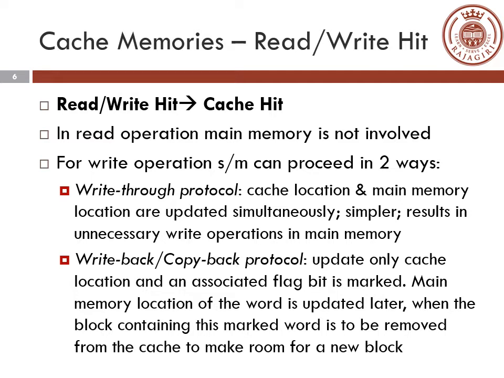Why? Because the content in the cache is a copy of the data in the main memory. So when you update the cache, the corresponding data in the main memory also will be updated. This particular method is known as write through protocol. This method is simpler, but the thing is that